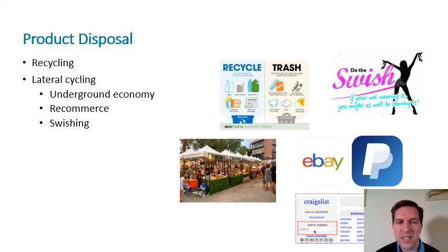But then you also have this idea of lateral cycling, which is instead of just throwing the product away, reusing it, either selling it online, which is very, very popular. Options like Craigslist and eBay have really opened up a market. You also have traditional flea markets, which is an old story. But the problem with flea markets is it's hard to get a lot of money out of products because they are used products, and you can get a lot more money out of